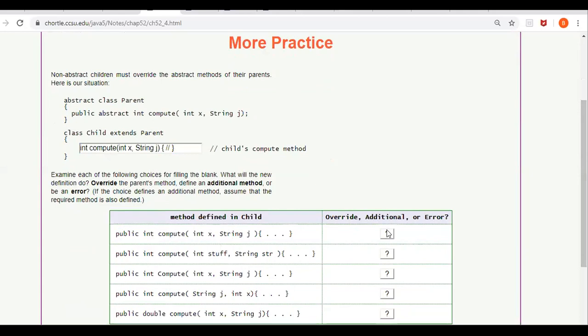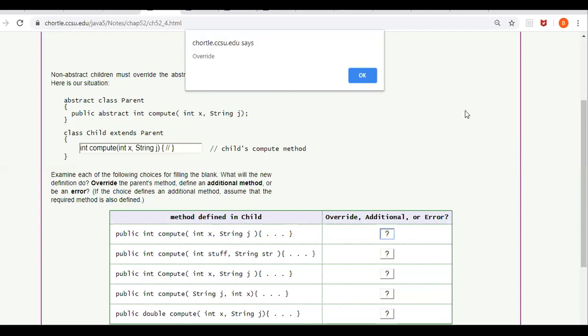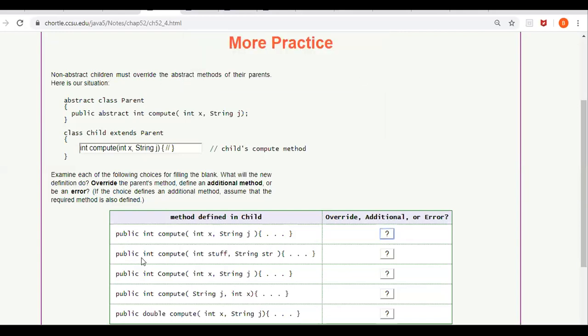This will override. Public int compute(int stuff, String str). Return type is int, name is compute, this is int and string. So this also will override.